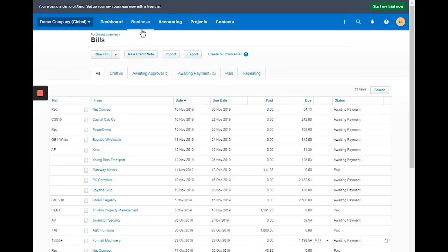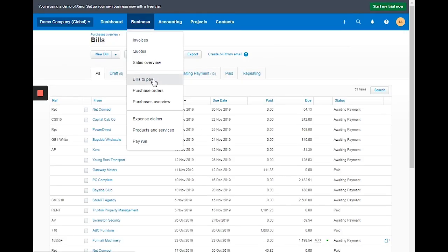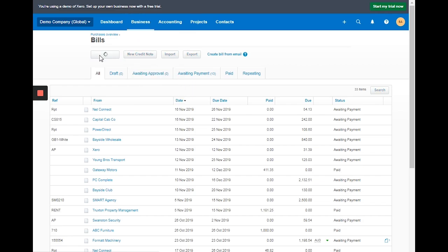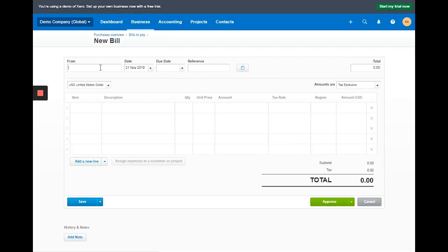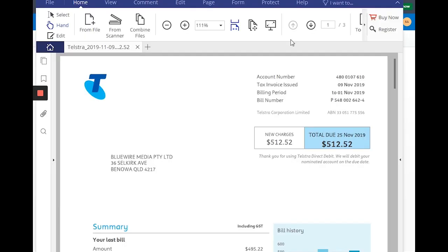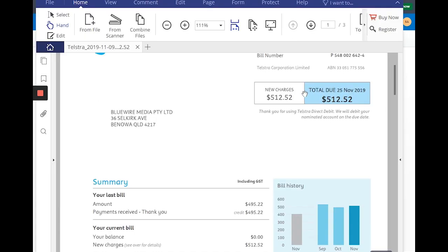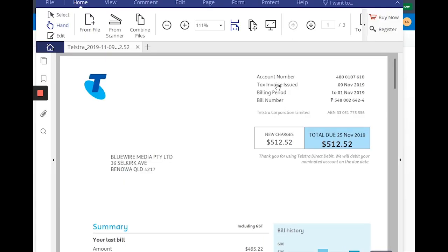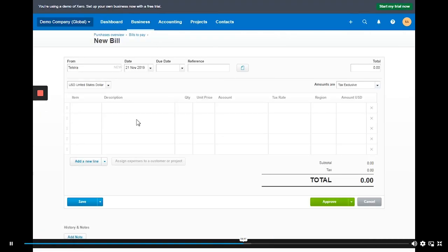So go to business, bills to pay, and then new bill from Telstra. Since Telstra is a new contact, we'll create it as a new contact. And then the issue date, let's check. Invoice issued November 9 and due date is November 25th.